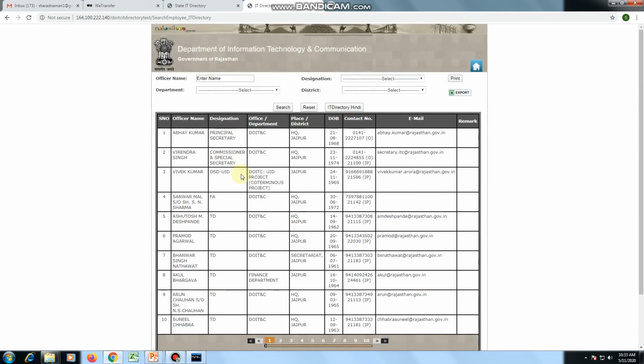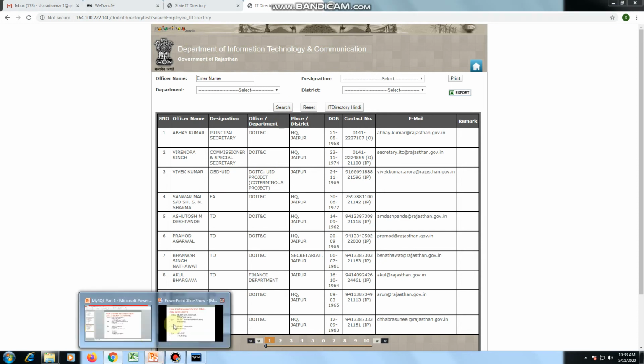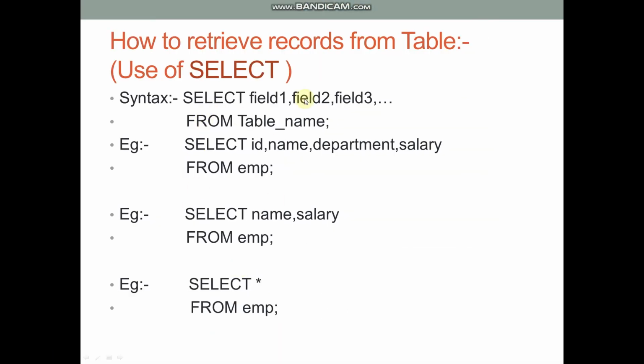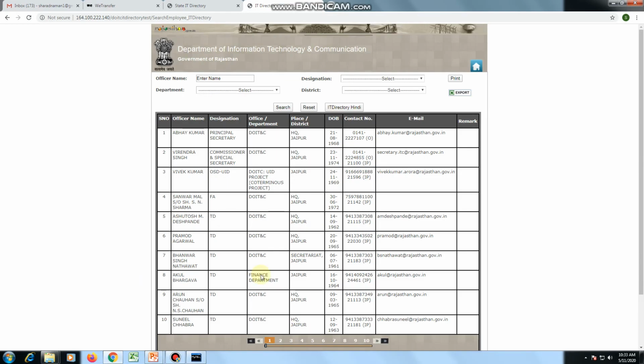In the backend, while clicking this search button, such a query is executing: select field name 1, field name 2, field name 3 from table name. Therefore we are getting these results.